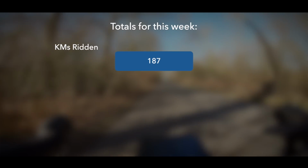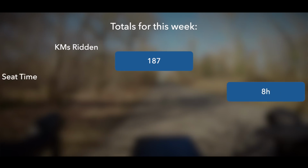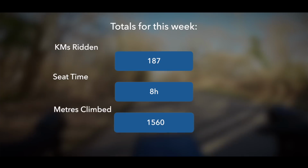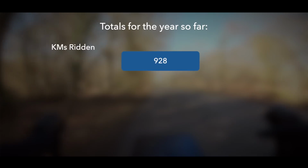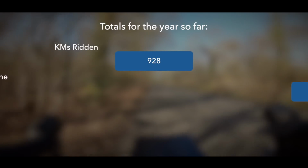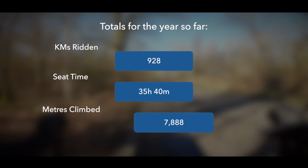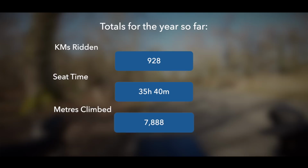And that brings my weekly total to 187 kilometers ridden. I've got 8 hours of seat time and I've climbed 1,560 meters. And that brings the year's total to 928 kilometers ridden. I've got 35 hours and 40 minutes of seat time, and I've climbed 7,888 meters. Thinking long term now, and my goal of riding 7,000 kilometers in 2021, that works out to about